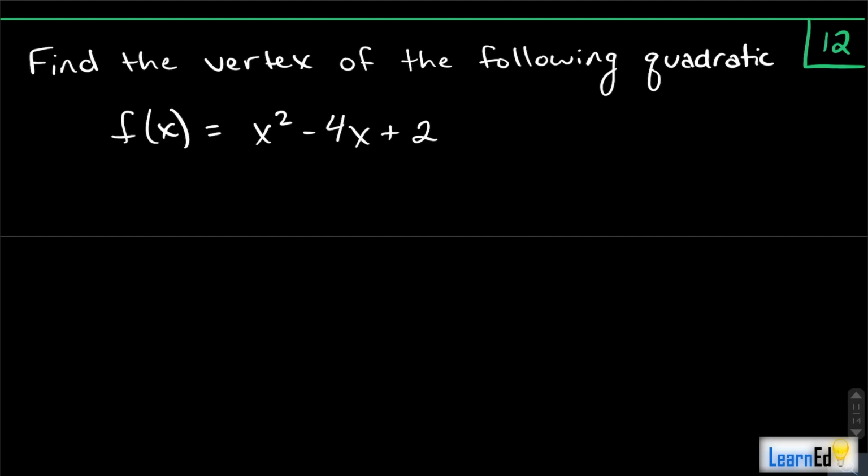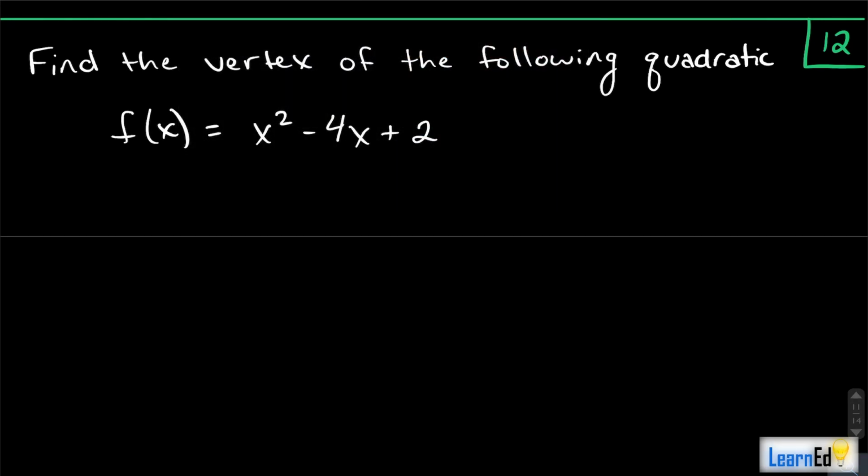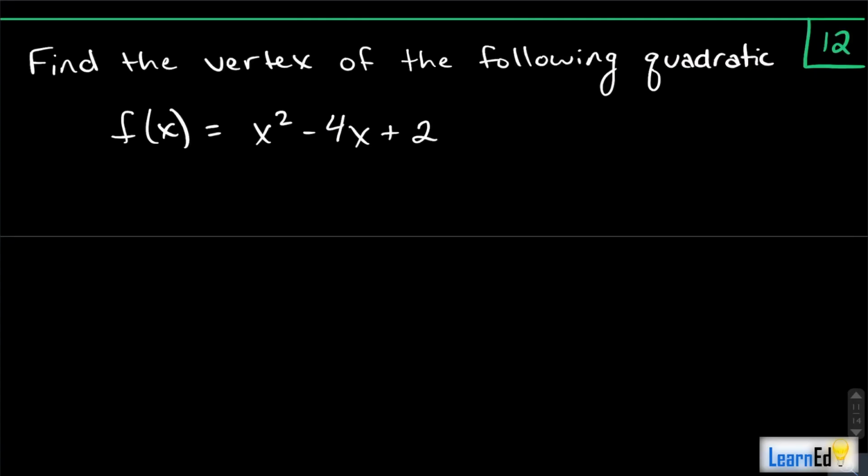We want to find the vertex of the following quadratic, okay? And how do we find the vertex? Well, the reason why we complete the square and why we use that method is because that puts something in vertex form, okay? So we're able to find the vertex of a parabola that way. So we can set this thing equal to 0, okay? And actually, we don't even need to do that because we're not finding zeros here. We're finding the vertex. So what we can do